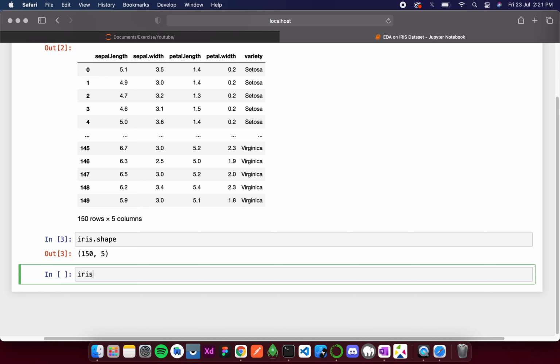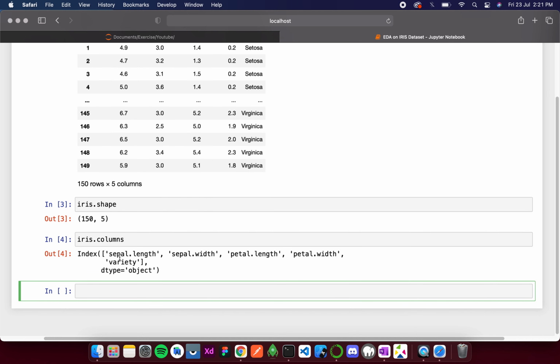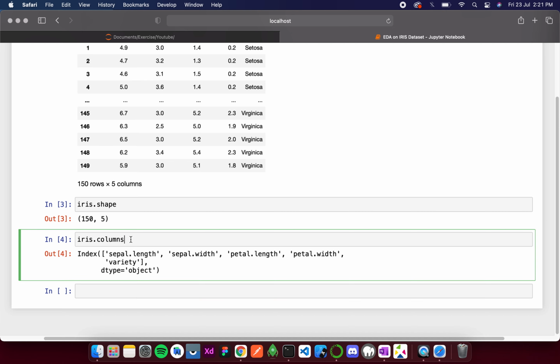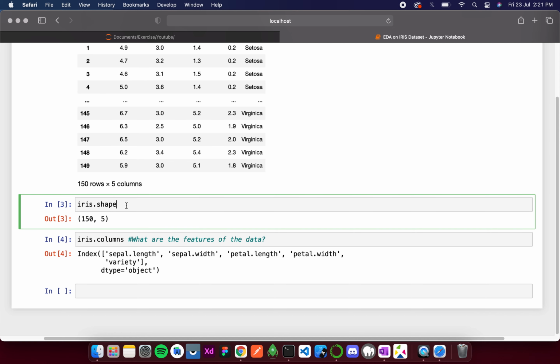Now iris dot columns, and it gives us sepal length, sepal width, petal length, petal width. These are the features. So if we have a question, what are the features of the data, then this is your answer.